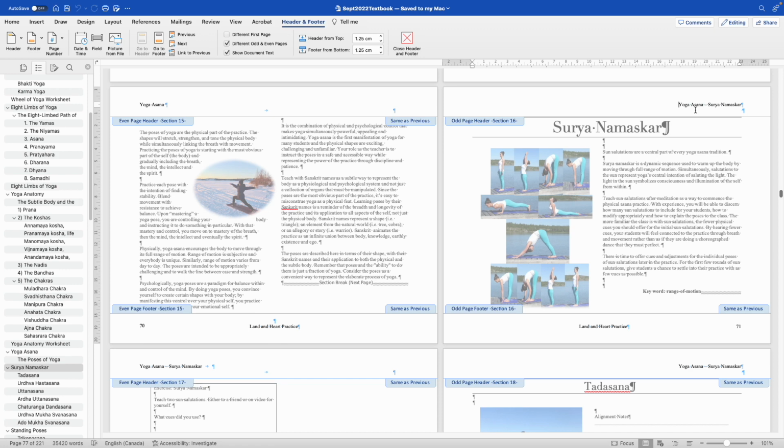I can put the titles at the top of the Word document. And you can see up here in the user panel for Word, you can select different odd and even pages and show the document text. The other critical thing is that you do not link the sections to the previous. Each section is its own entity, and that means that you can associate the name of the chapter with the